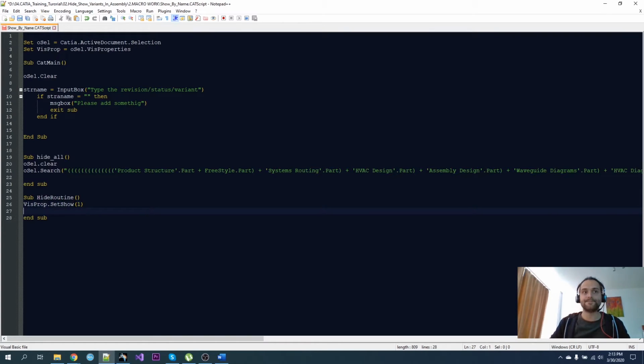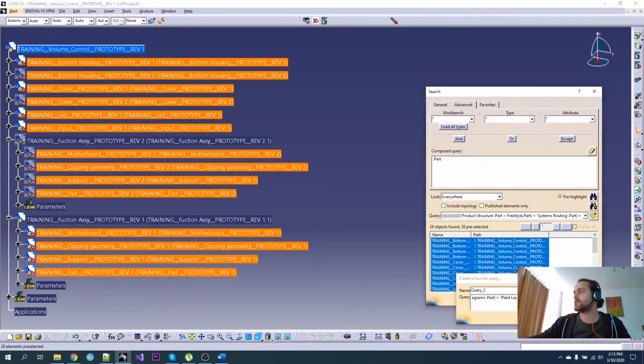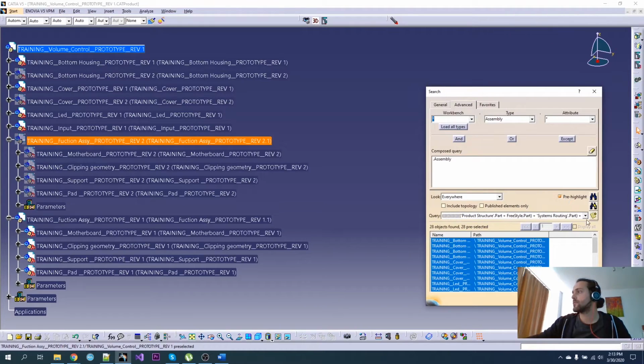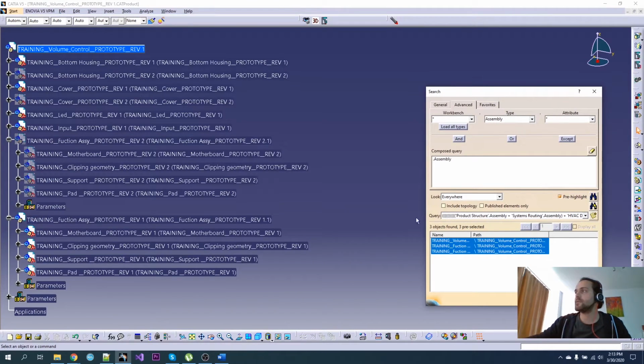This is for hide, and then I will clear the selection. First we will search for parts, then we hide, and then we will search for assemblies. The same, I will search the query with the advanced search, copy the assembly,